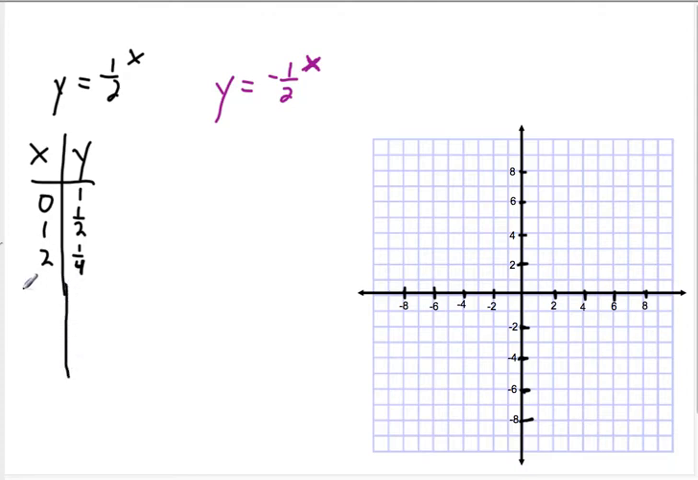So what happens when x is negative 1? Remember, a negative exponent takes the reciprocal, so that's going to be 2 to the first power, right? And if we do negative 2, it's 2 to the second power. If we do negative 3, it's 2 to the third power, and so on. So it's going to look the same, but in a different direction. So we have 0, 1, and then we have 1, 1/2,